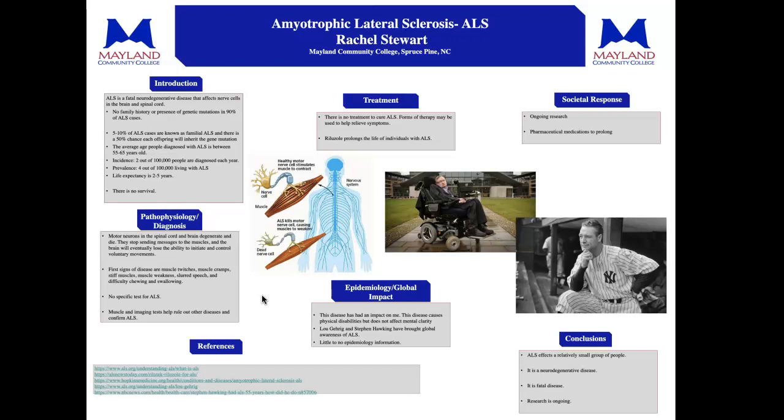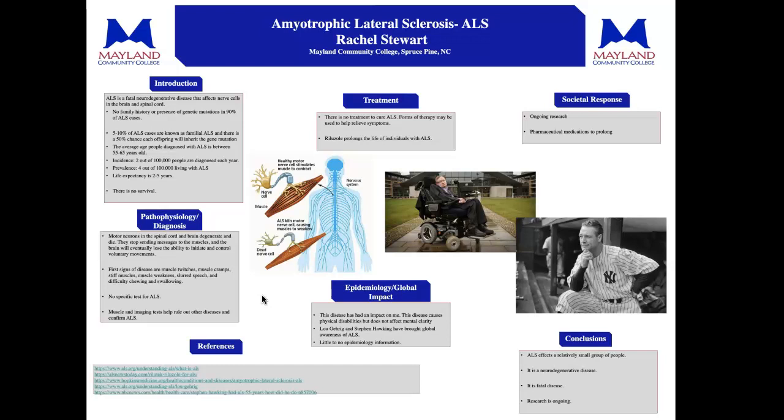And then lateral, of course, identifies the areas in a person's spinal cord where portions of the nerve cells that signal and control the muscles are located. As this area degenerates, it leads to scarring or hardening, which would be sclerosis, in the region. So when the motor neurons die, the ability of the brain to initiate and control muscle movement is lost. And so when voluntary muscle action is progressively affected like that, people will end up losing the ability to speak, to eat, to move, and also to breathe.